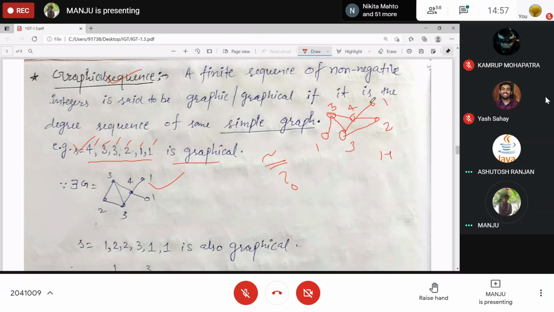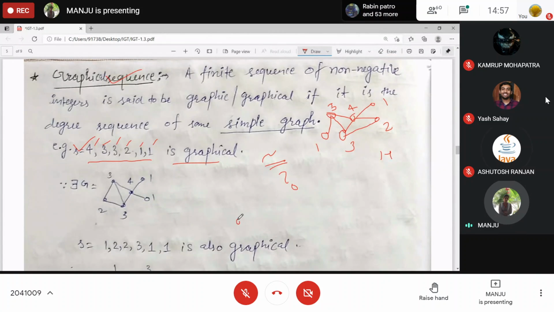Here we have only one vertex with 1 degree, and here we have 2 vertices with 1 degree, and 2 vertices of 3 degree adjacent to 4. Ma'am, 4 will correspond to 3? 4 is corresponding to 4 only.